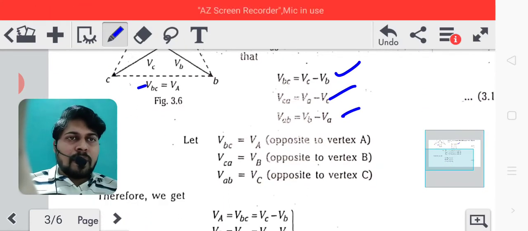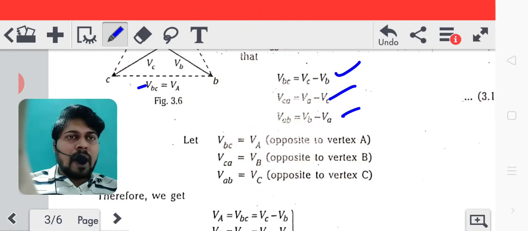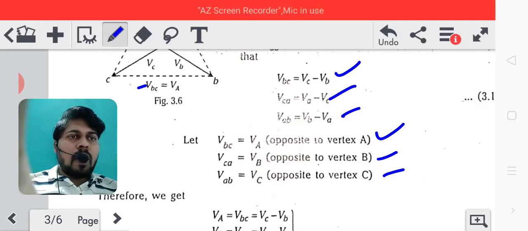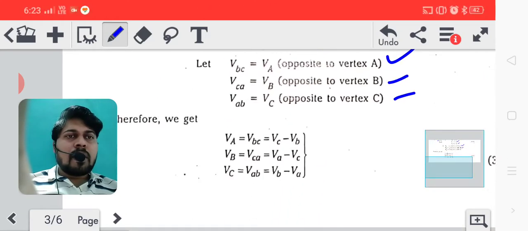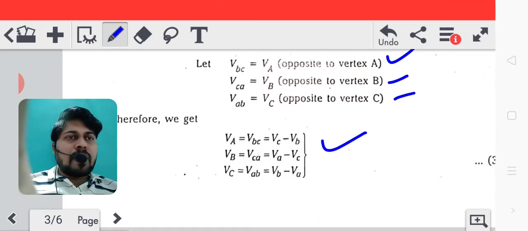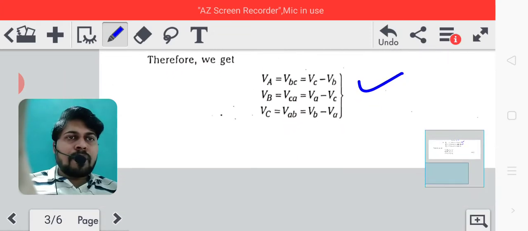Further, we can write the expression for VBC as V suffix capital A, which is opposite to the vertex A, that's why it is represented like that. We can write VCA as V suffix capital B, opposite to vertex B. VAB is equal to V suffix capital C, opposite to vertex C. So by using these relations, we can write